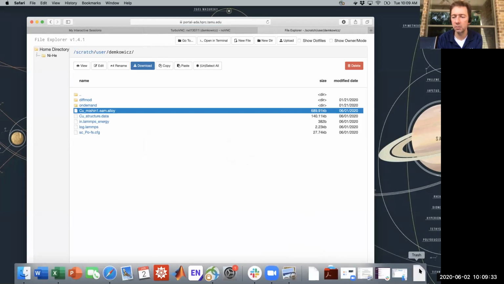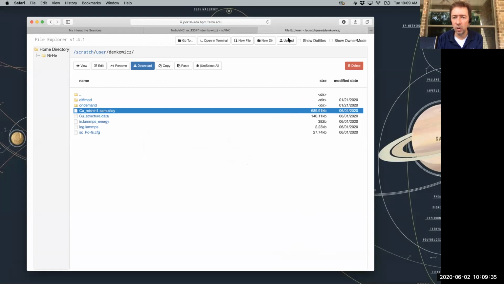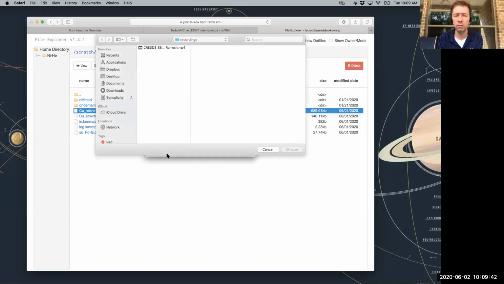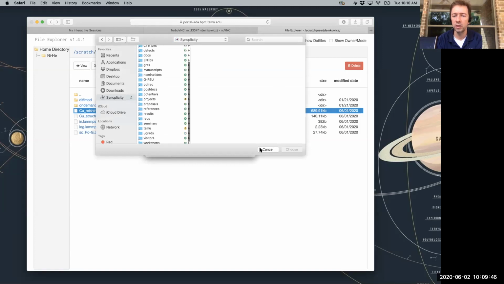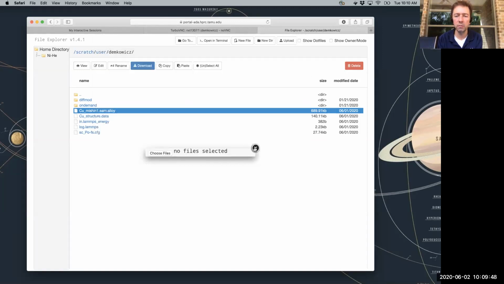Of course, I don't need it, so I'm going to throw it away. I can also upload. So here's my upload. If I want to upload, I press upload, and it prompts me to choose a file. If I press choose file, I just get this regular sort of thing where I can go through, choose a file, and then when it uploads, it uploads. So I'm not going to do that right now. Basically I just wanted to show you that you can at any time upload and download files to and from your computer onto the HPRC account that you have there.